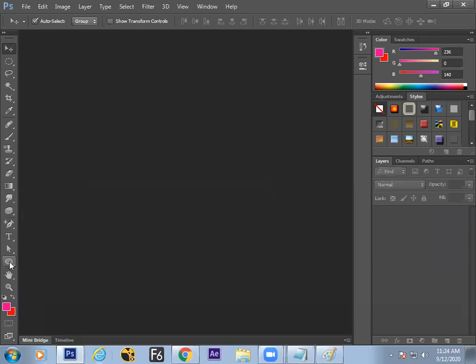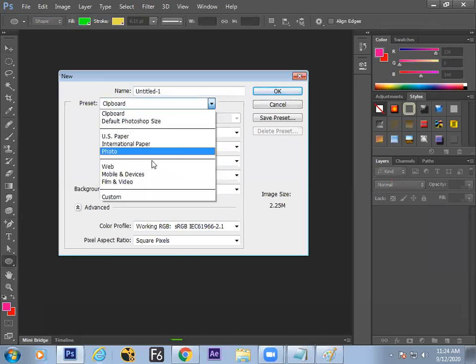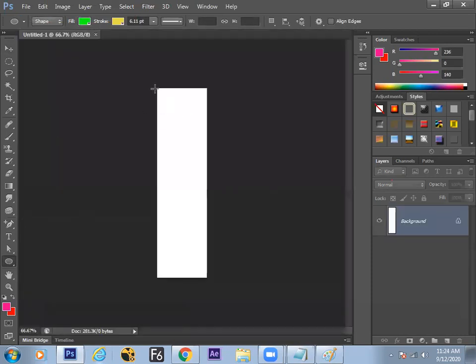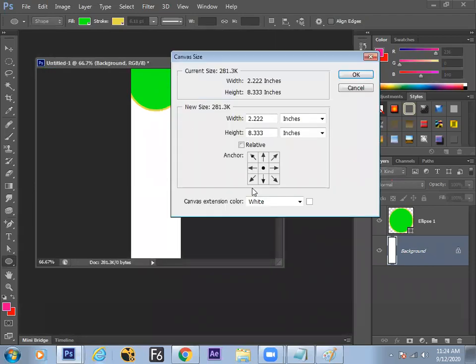You try this with the shapes, then check. Let's see that. Okay. ఒకసారి shapes తో try చేద్దాం. Web. I click OK. You draw a shape. Then convert the canvas size. Canvas size and pixels.